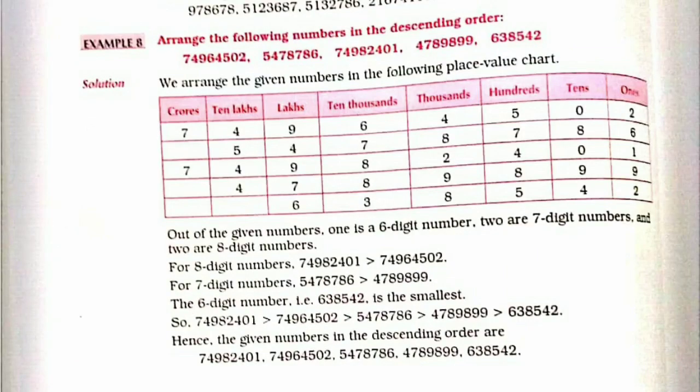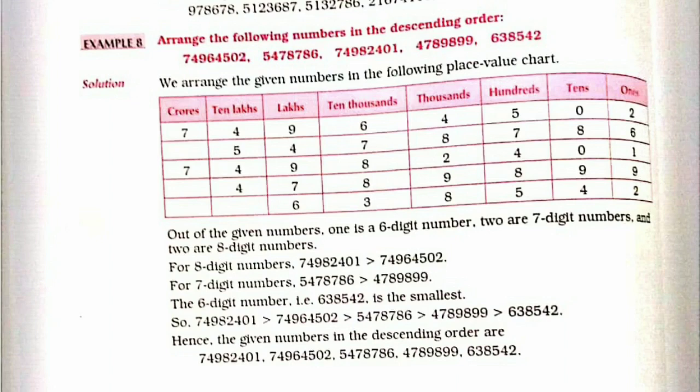Now here you can see example number 8, which is the same. Arrange the following numbers in descending order. So in this example, he made one table, he mentioned all the place values, then he put all the numbers, and he started from ones and then tens, then 100, like this he has written. Now after writing this, he is comparing all the numbers which is having less digit. By the table we can easily compare which one is having less digit. So it will come very last, because we are arranging in descending order. So bigger number we will find out.